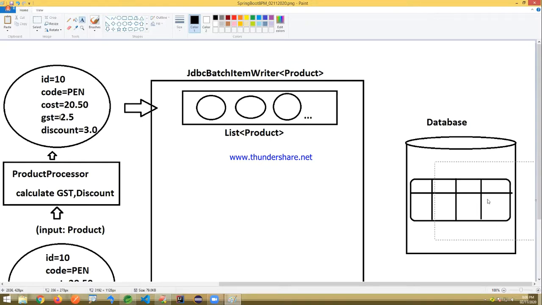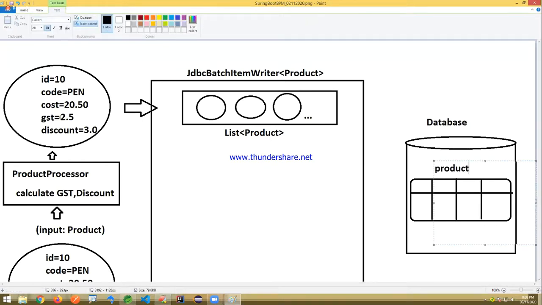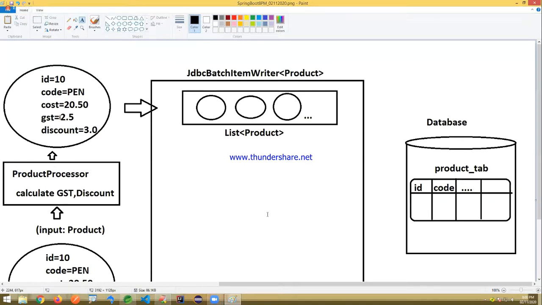Something like a product table, having columns like ID, code, and so on. We have to create a database with a table, and then we have to create a database connection between our application and the database so that we can transfer the data.